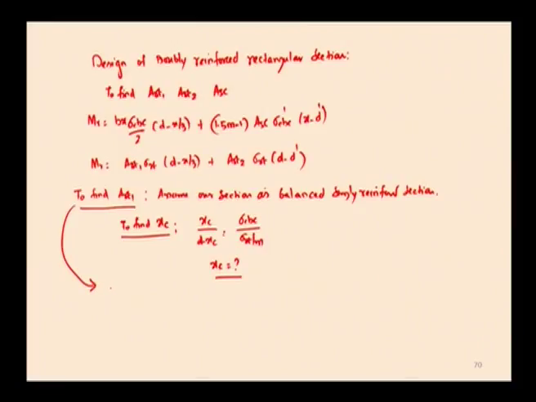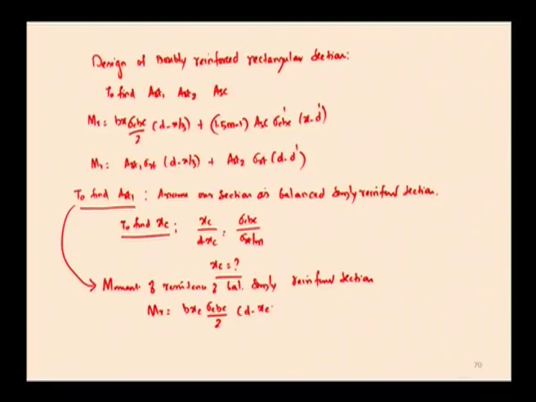First, once you find out the moment of resistance of the balanced singly reinforced section, MR is equal to BXC sigma CBC by 2 into d minus XC by 3. This is the moment of resistance of the balanced singly reinforced section, and this is the moment of resistance due to compression reinforcement. Once you find out the moment of resistance of the balanced singly reinforced section, we can easily find out